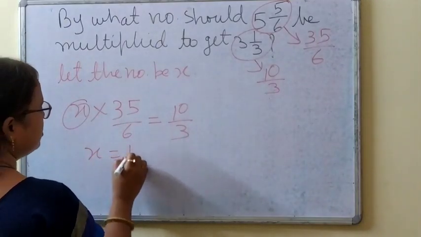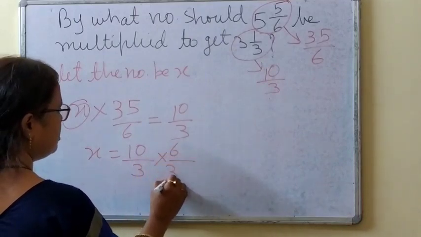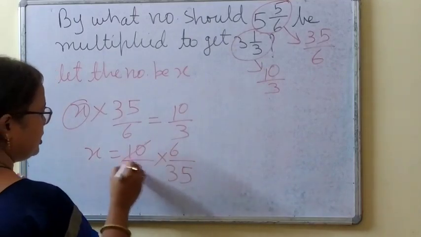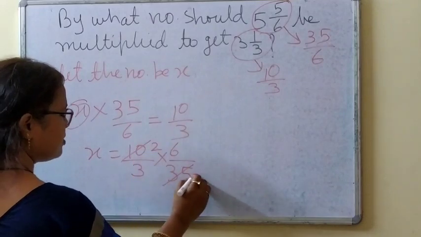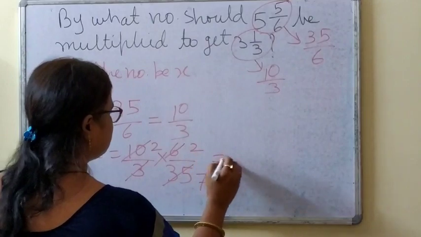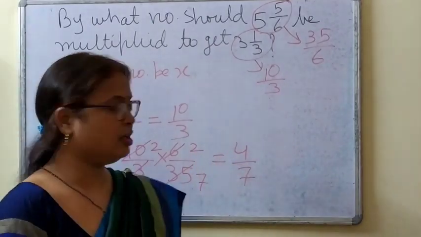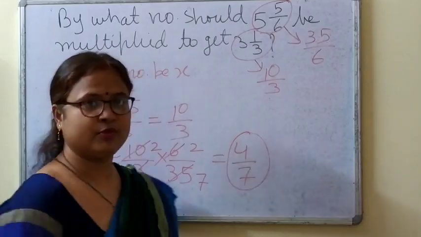So X will be equal to 10 by 3 into 6 by 35. Again 5 2s are 10, 5 7s are 35. Clear? Then 3 2s are 6. So the answer will be 4 by 7. Correct answer is 4 by 7. Okay. Now